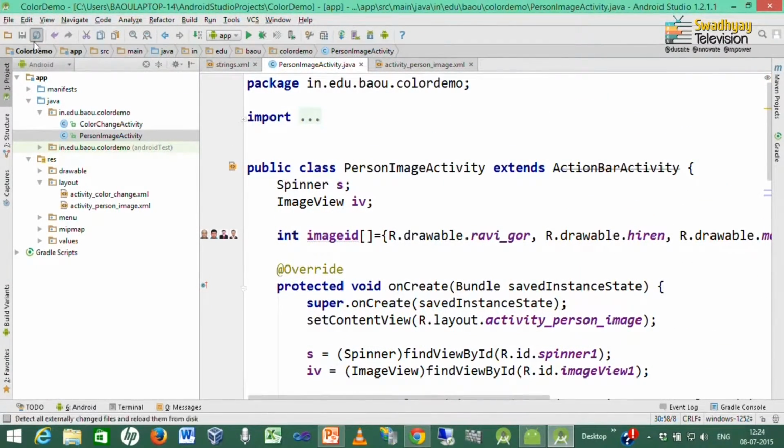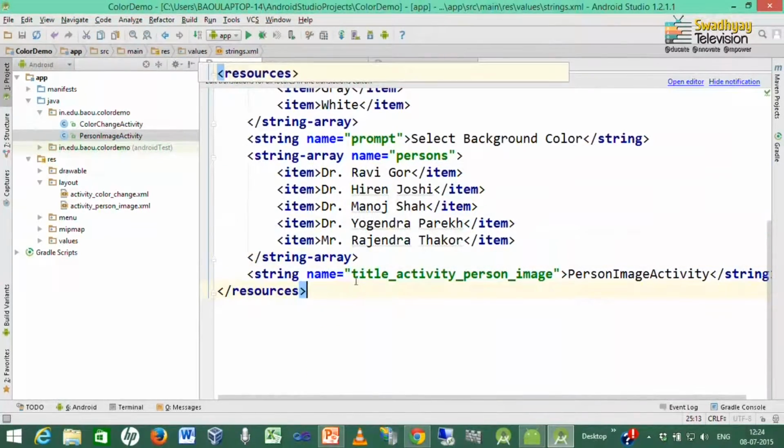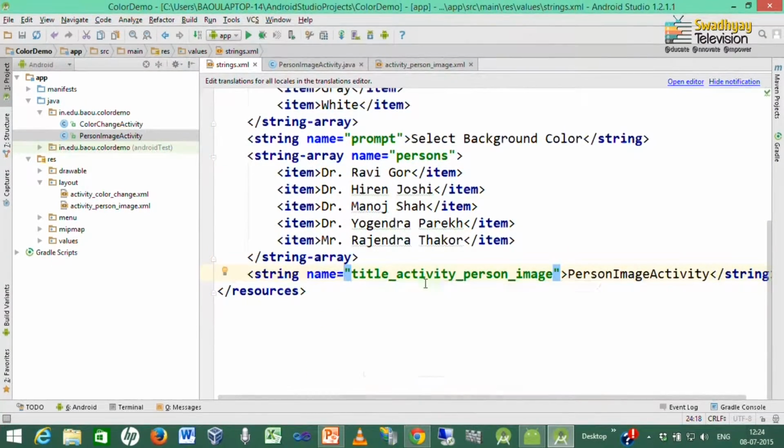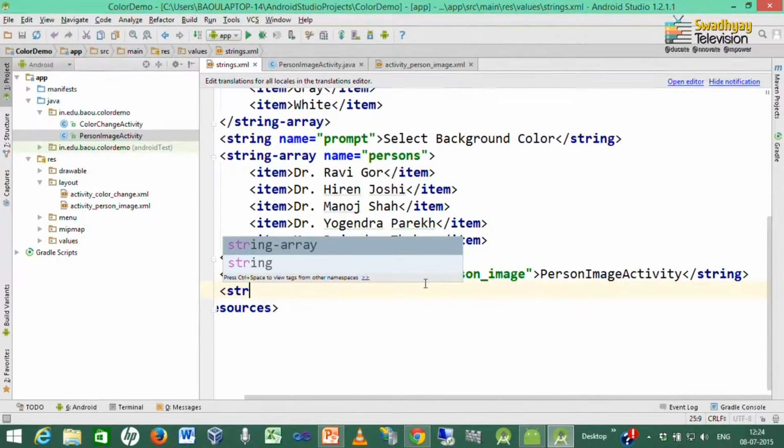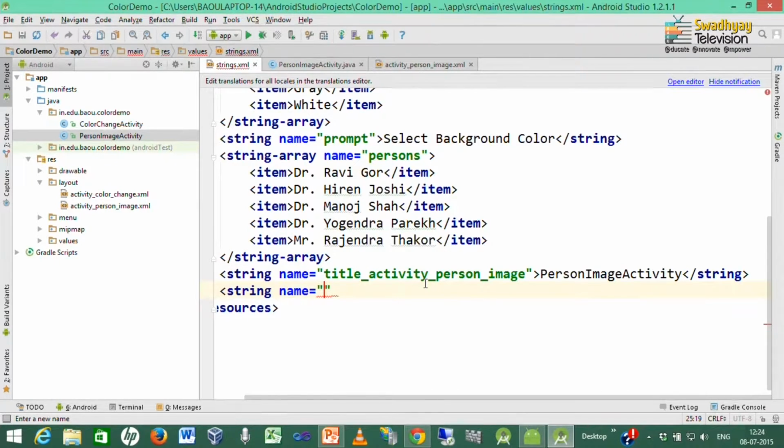We save this file. You can also specify a prompt for our spinner. So, I declare one string with the name person prompt, because we already defined one prompt.